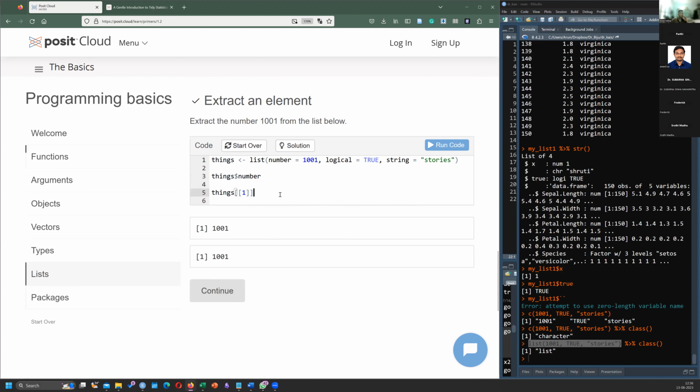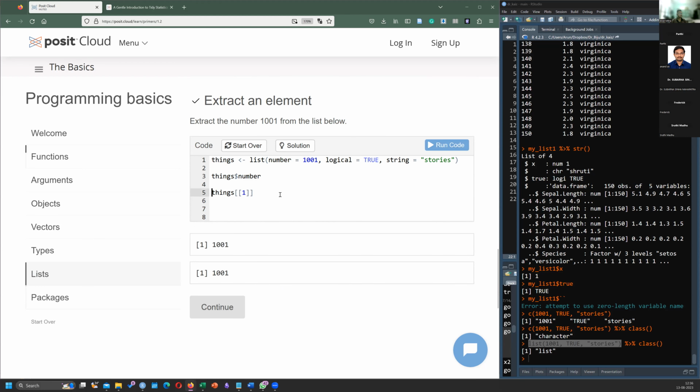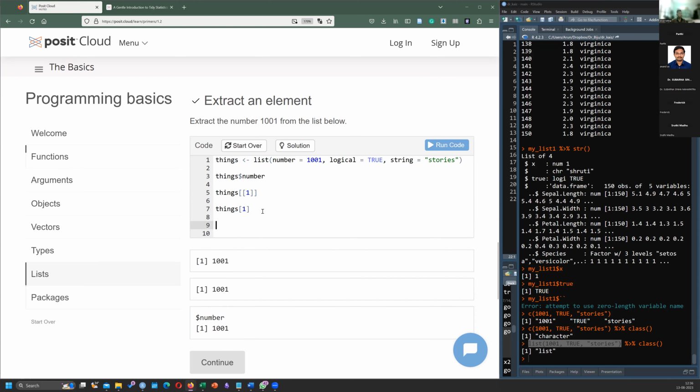Okay, these both are the same. I'll tell you, if I don't use things$1, I just use $1. Okay. You see the output. It is actually giving us the list. The second output is actually a list. You getting my point? Yes. Okay.